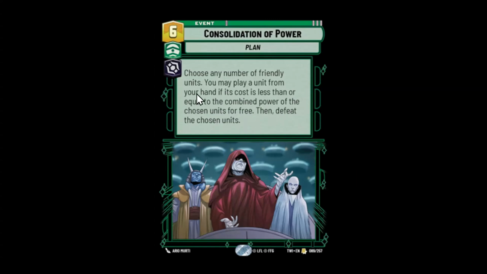Let me see. It says you may play a unit from your hand if it costs less than or equal to the combined power. Okay, so you can't add in resources to pay extra. So that's a limitation. You got to have enough power on board to be able to put out the next thing. So if your opponent takes out some units and you're thinking like, oh, I'm going to play this and then I'm going to play something in my hand really big,